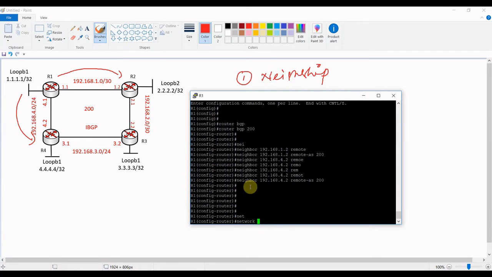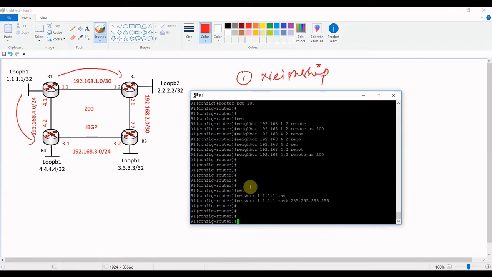So in R1 we have the network 1.1.1.1 as the loopback. So let's advertise the same network from R1, and specify the mask, which is 255.255.255.255. Okay, so guys, whenever you are advertising a network in BGP, always make sure that the network is present in the routing table.